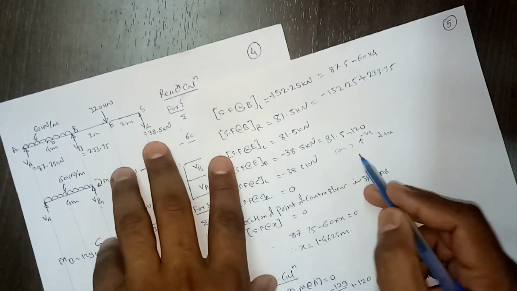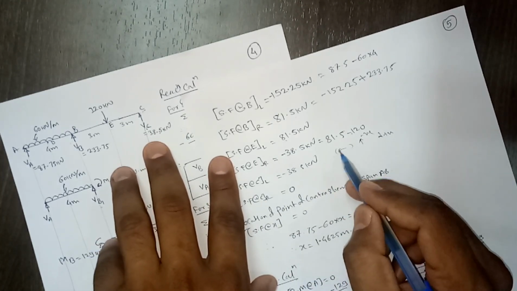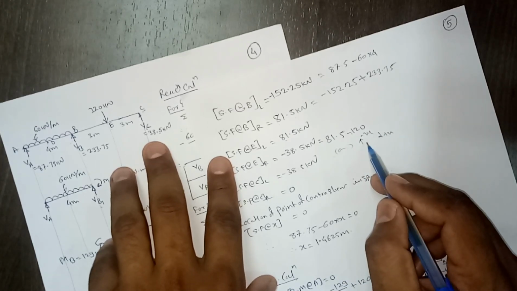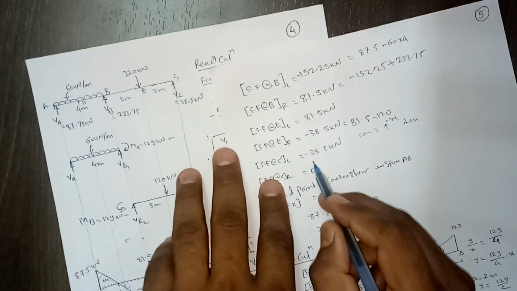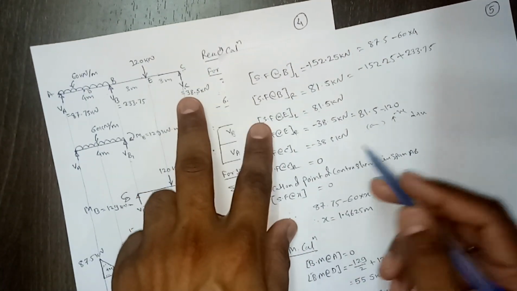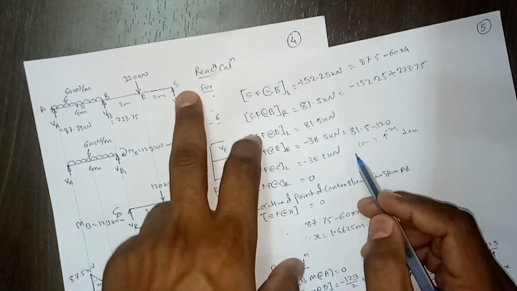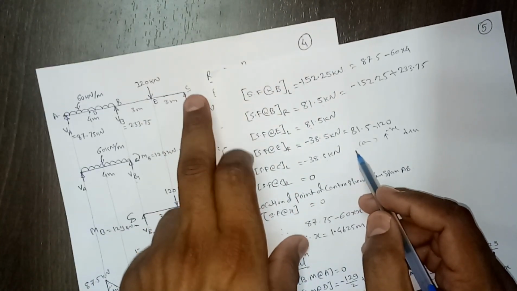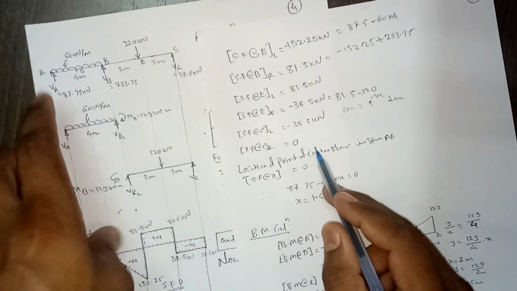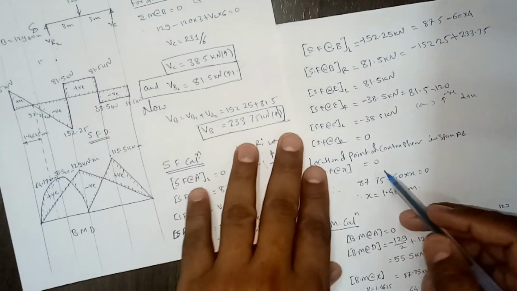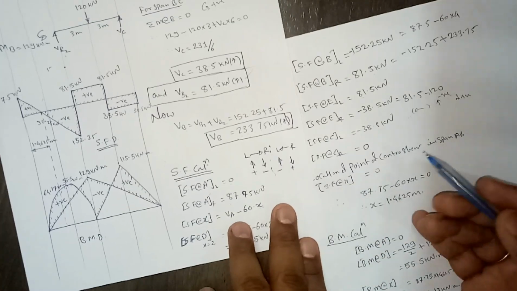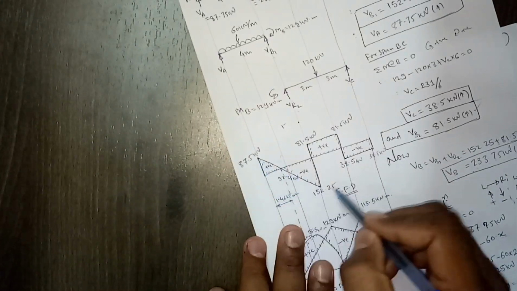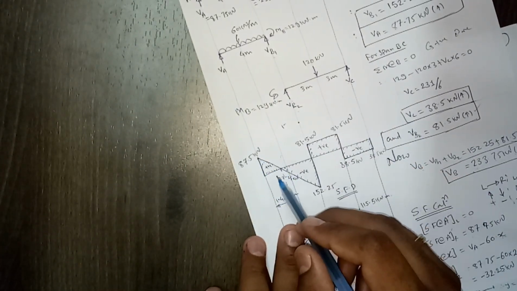That is, we can calculate it simply from right to left. When you do that, upward we consider negative and downward we consider positive. So this is an upward force, it will be negative, so 38.5. And then on the right hand side of point C there is no load, so the shear force at C will be 0. So that's all. Shear force calculations are simple. The same procedure we are doing for this continuous beam also. Now we'll connect all these points, and easily we can get this shear force diagram.